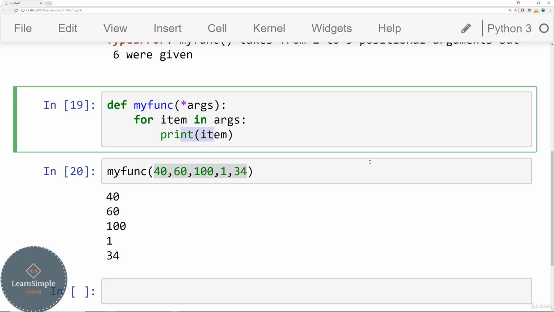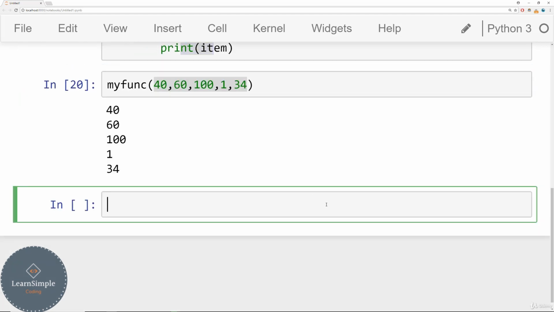Similarly, Python offers a way to handle an arbitrary number of keyworded arguments. So instead of creating a tuple of values, what happens is we use star star kwargs, which is keyword arguments, and that builds a dictionary of key value pairs. So let's build out a function that utilizes that. We're going to say def myfunc star star kwargs,